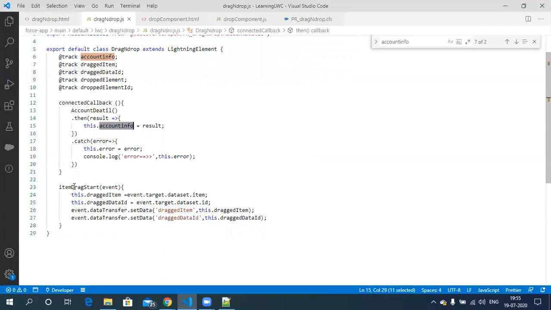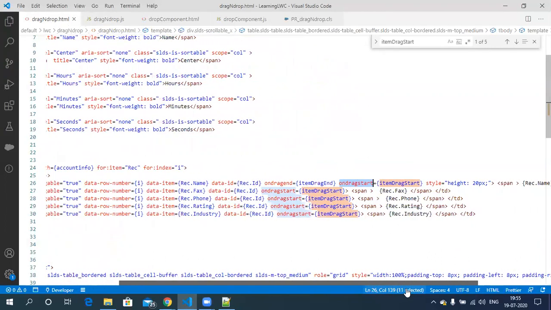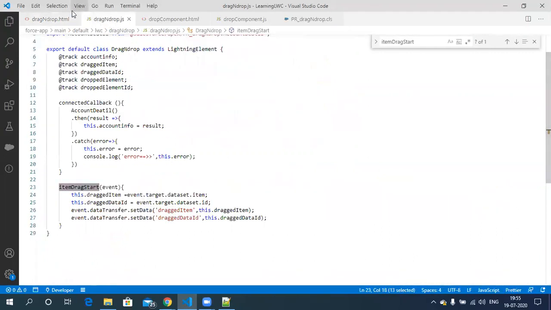And this one method, item drag start, is on drag start. You know how to define the event using the on properties. I will not go into details on all those things because the video will become too lengthy. So on drag start I have created one method, item drag start. In this function, I have written the dragged item, and you can get the dragged item using this code